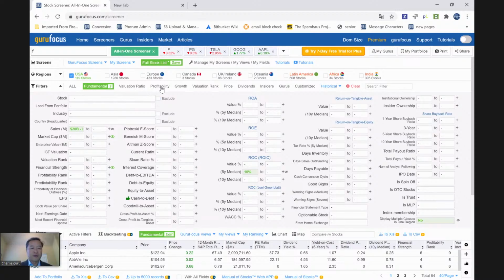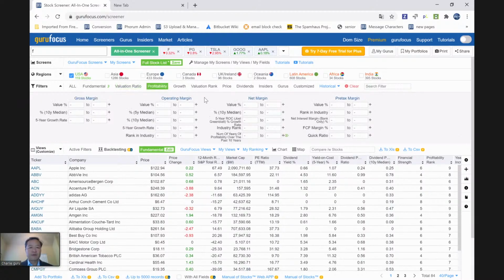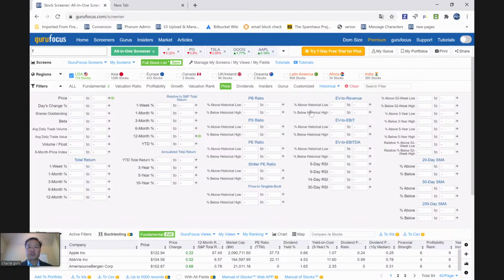And don't forget to click on these tabs: the valuation ratio tab, a lot of them, and also profitability, operating margin, gross margin, net margins, growth, the growth of different parameters, revenue, EBITDA, earnings, book ratio, and all of this. And of course, lots of people are interested in technical issues. We don't cover a lot of them. We cover some of them,